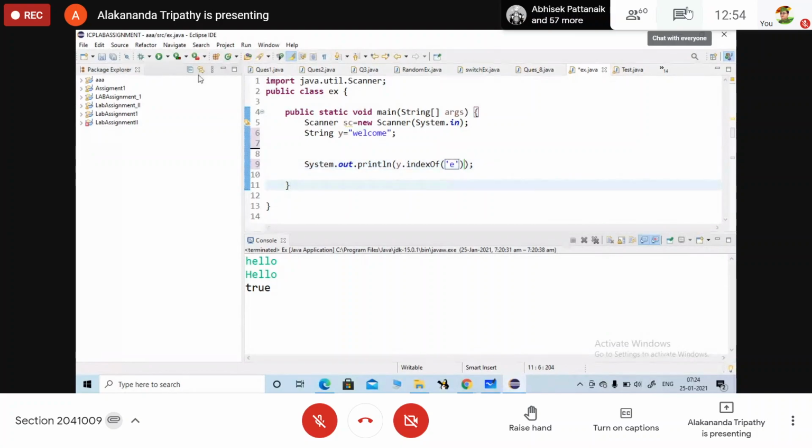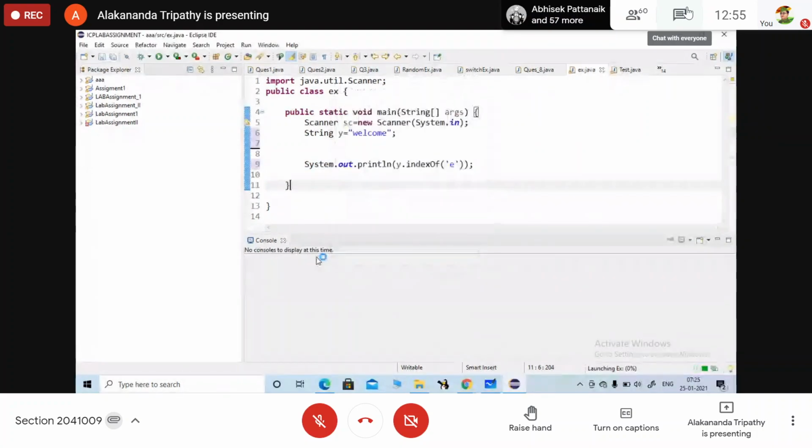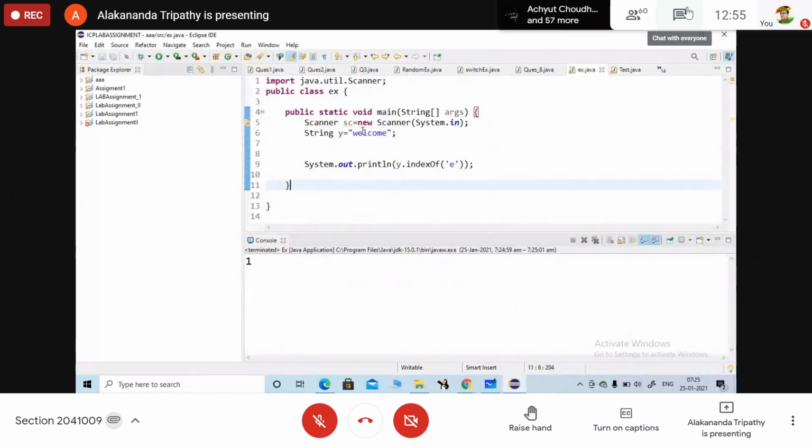So here what will be the output? 6 1. It will return the first index, not the second one. Yes, indexOf checks the string, and when it finds the first element, it will return that index.